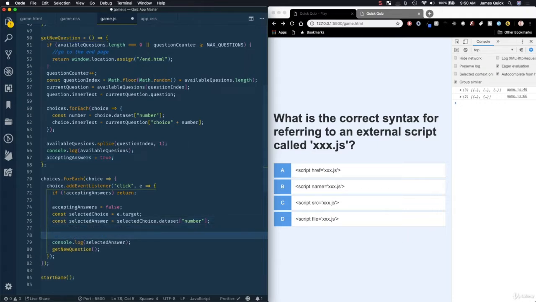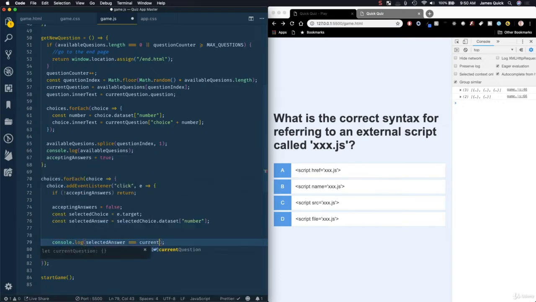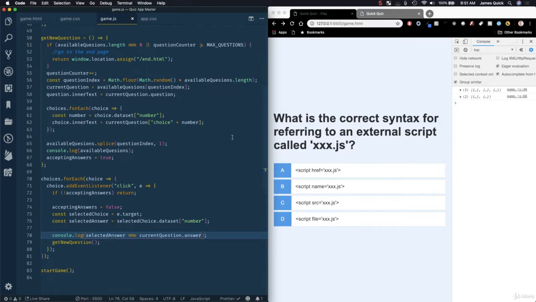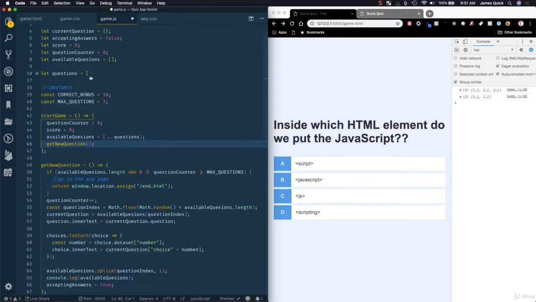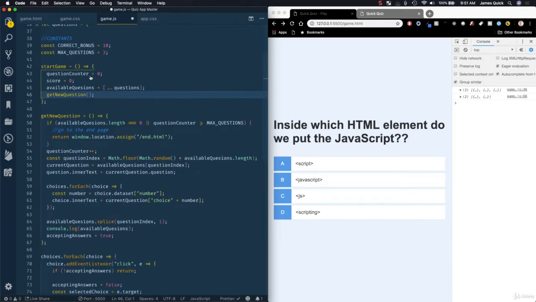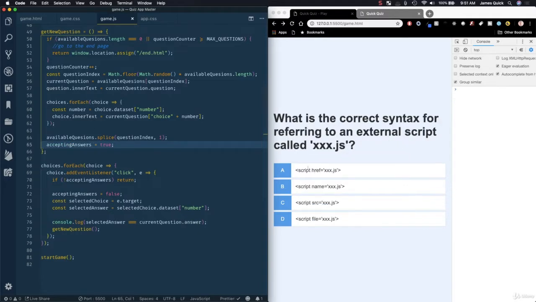So the way this is going to look is, one, let me use the selected answer in the log that we already have. And what I just want to see, does selected answer equal our current question dot answer? And so let me save this, and hopefully, actually, let me remove any of these other log statements that we have as well. I think that's all of them. That one there. All right, so as I click on one of these,